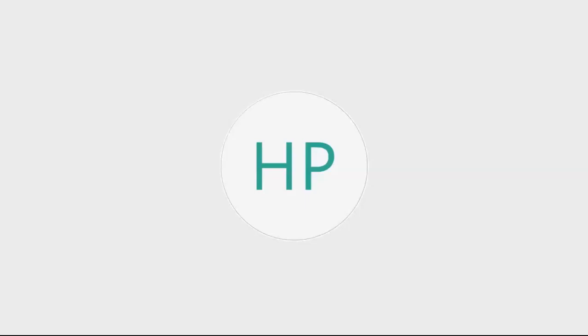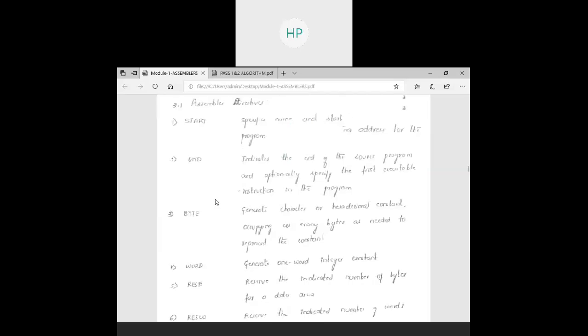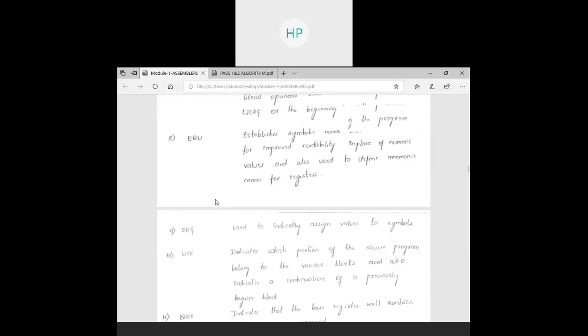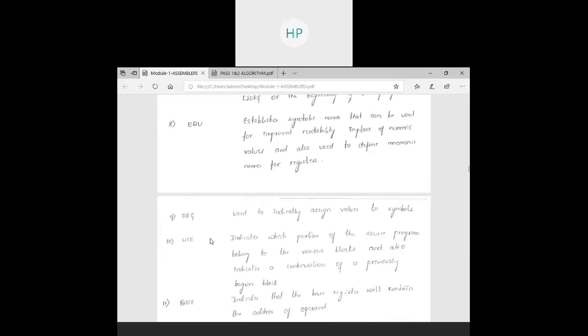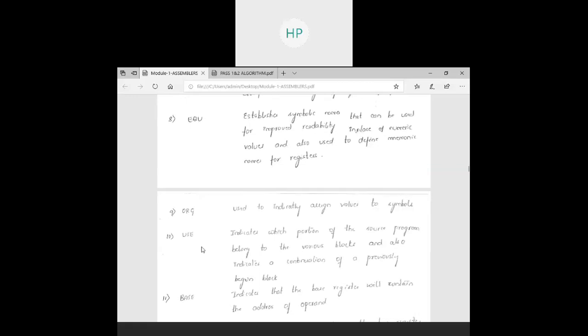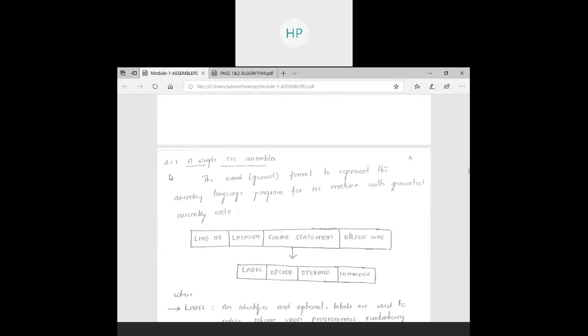Okay, what we call in any programming language, in the same way we call them directives. So these are the different directives, and you have a few more. I have not written them over here, but once you learn your loaders and linkers, you can add them. Done. So we'll move on to pass 1.